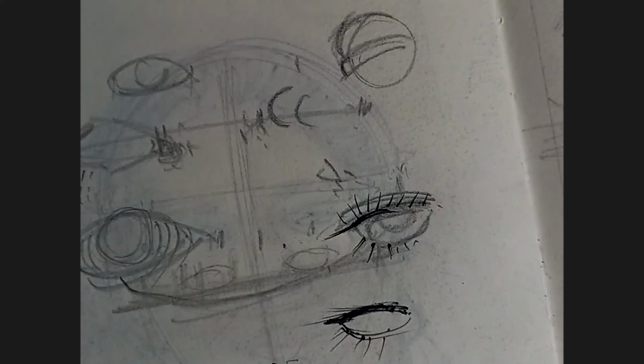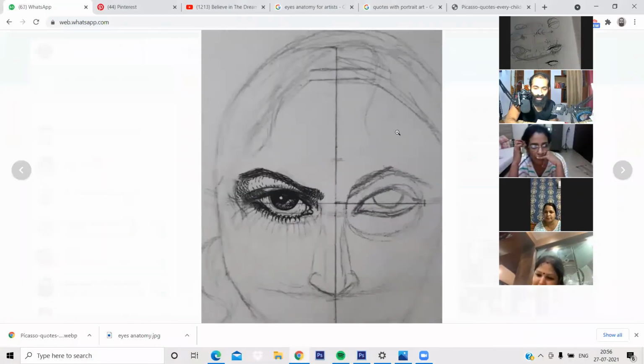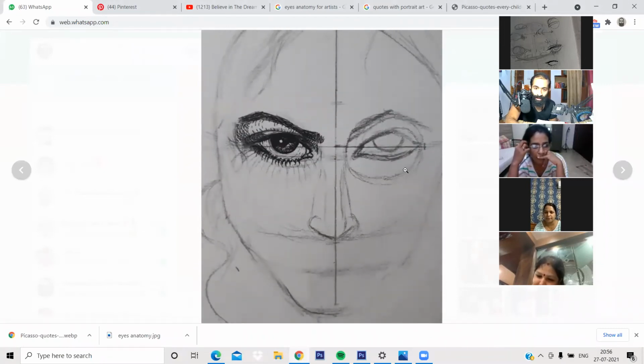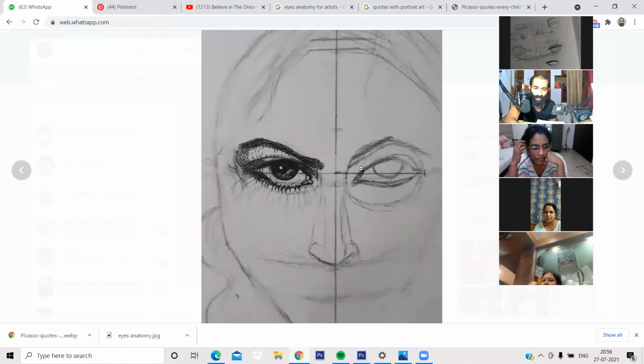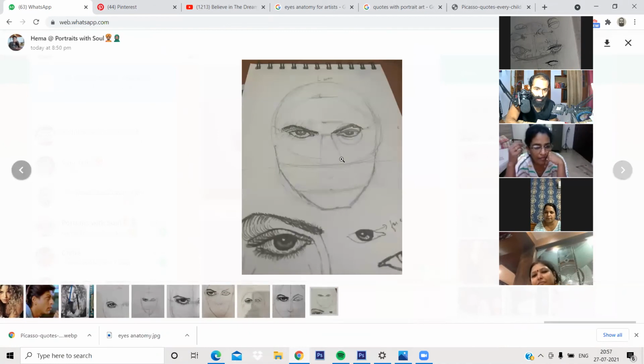But except for that, the resemblance is very, very likely. I especially loved how the outer line of this has been drawn. The positioning of the eyes vertically is on point, and the eyes you have also inked very well. It's very nice work apart from this.